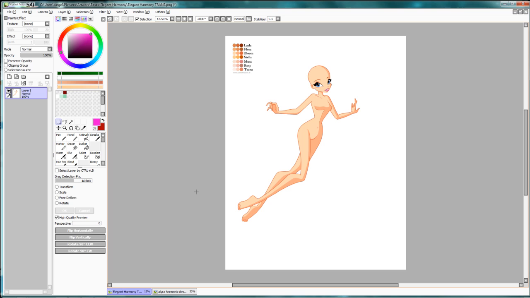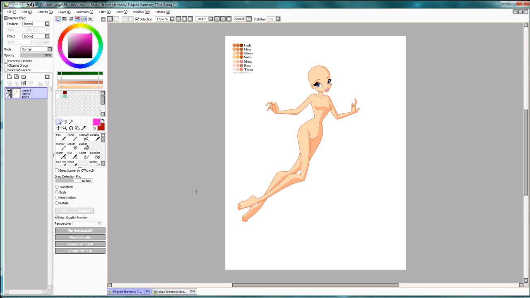Hi guys, I know it's been a while since I've done a tutorial, but I thought I would do just a quick one up today. I have another version of this tutorial up as well, but I thought it would be nice to have kind of a voiced version. So what I'm going to show you guys today is pretty much how to change the face on a